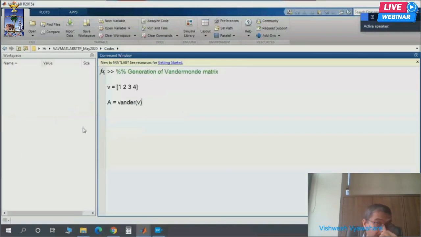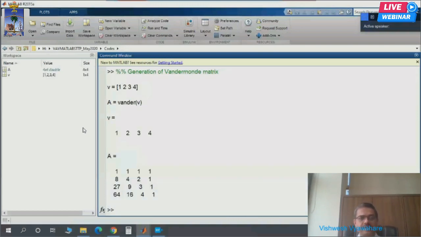The Vandermonde matrix is the matrix whose columns are the eigenvectors of a matrix. And if the eigenvalues are distinct, then this Vander matrix can be used to do the diagonalization of that matrix. So this is how the Vandermonde matrix is generated by MATLAB.